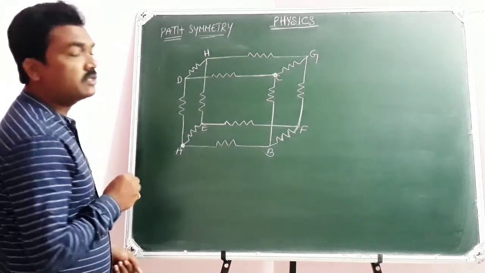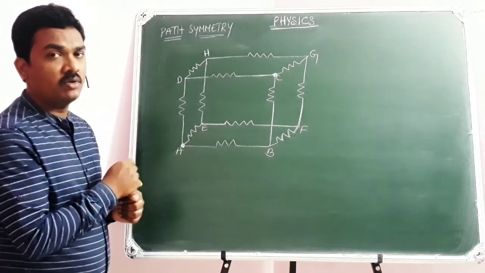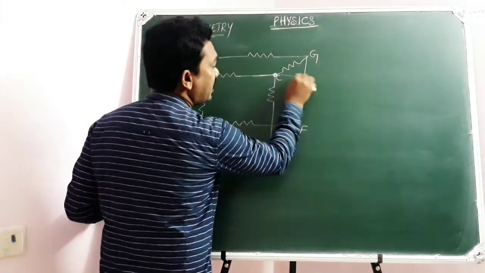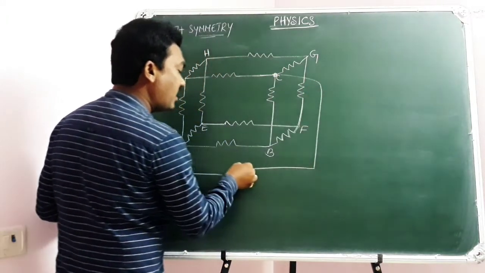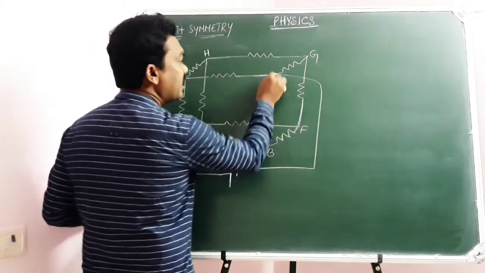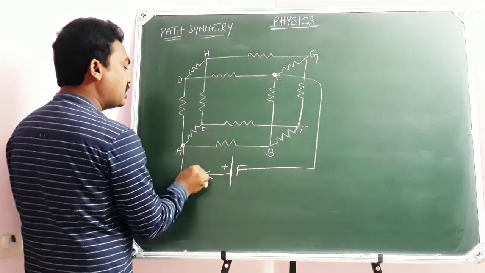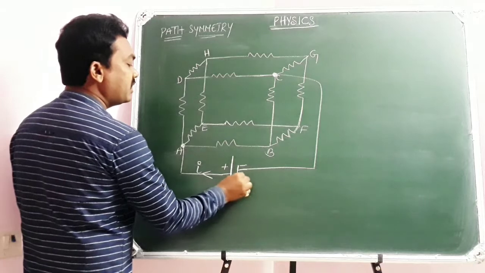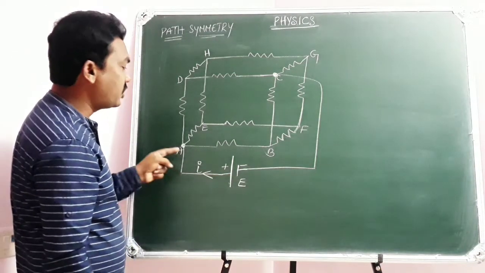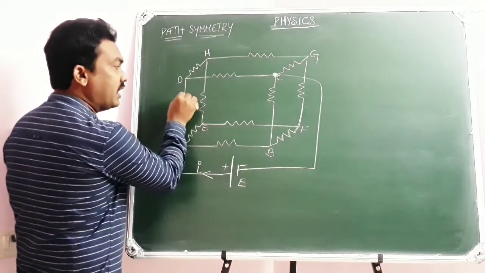So my question here is, when 12 identical resistors are connected along the sides of a cube, find the equivalent resistance across the face diagonal of the cube. Let me suppose a cell or battery is connected between A and C. Suppose current I is drawn from this cell, whose voltage is E, since the internal resistance is negligible. Then the current I finds 3 paths, AB, AE, AD.